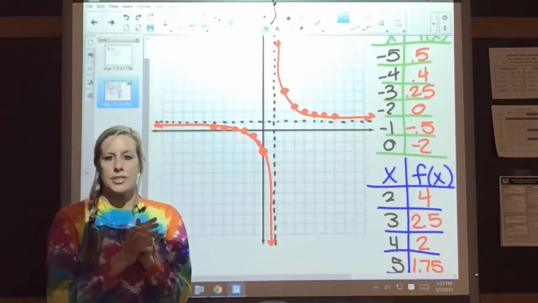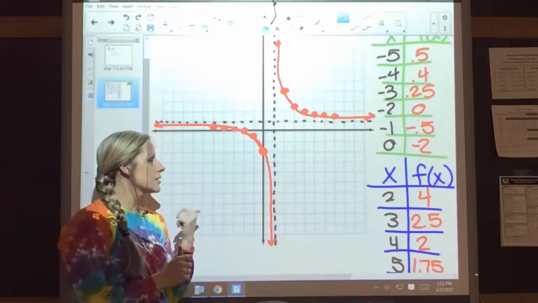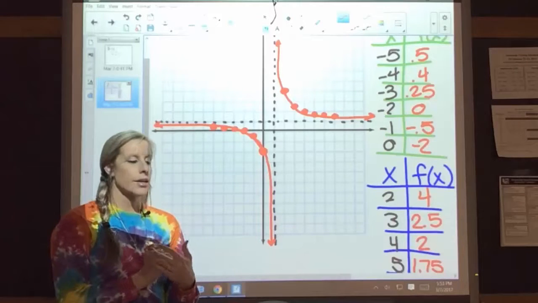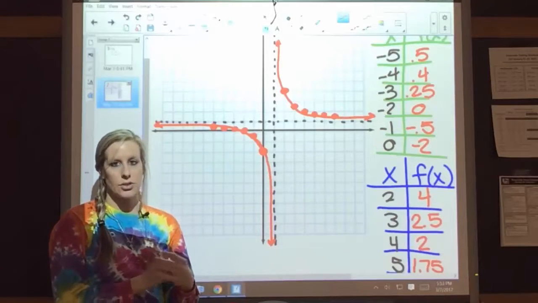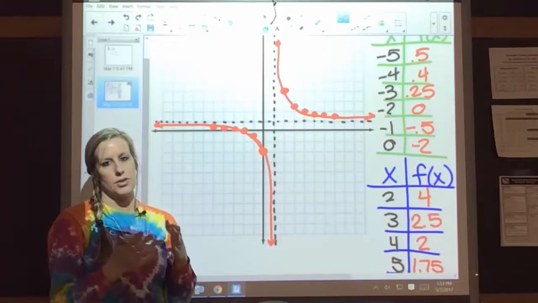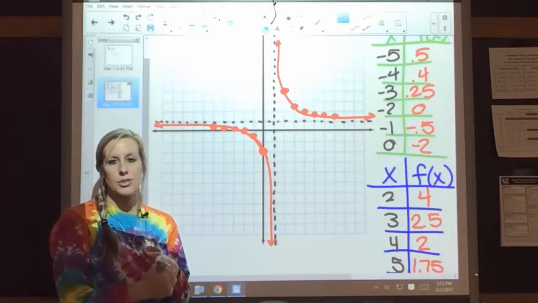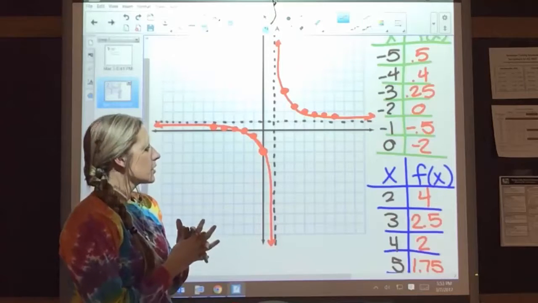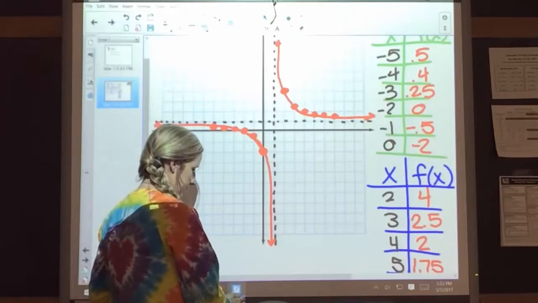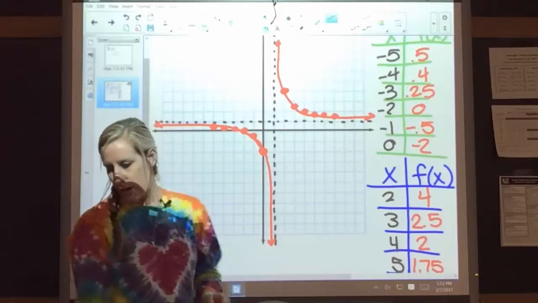Okay, so that's what we're doing today. And this is actually what your quiz is over on Friday. It's open note, so you can use all your worksheets. That way you can do the vertical and horizontal asymptotes with some help. But yeah, we just let the calculator do the rest of the work. Alright,